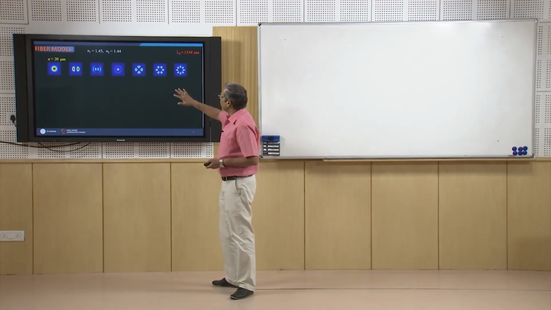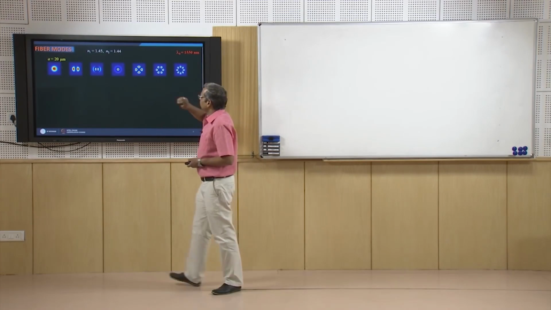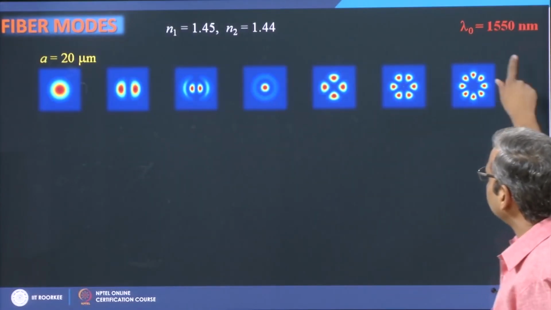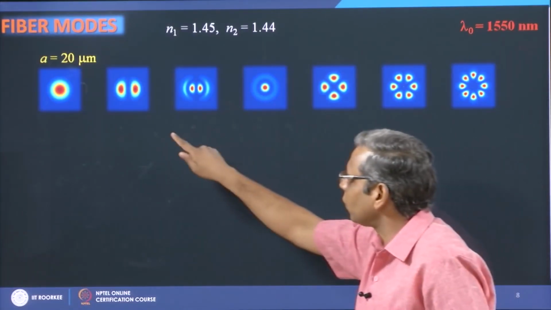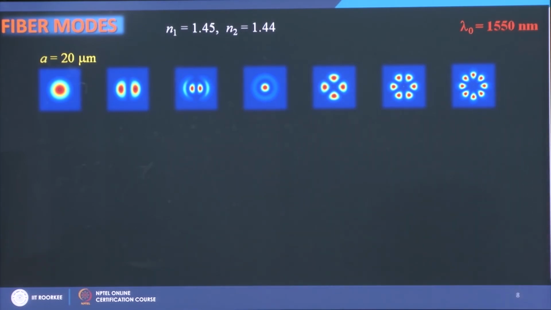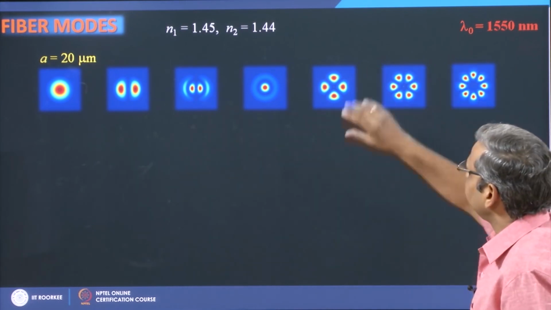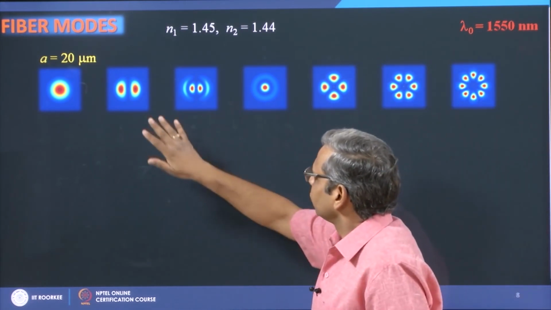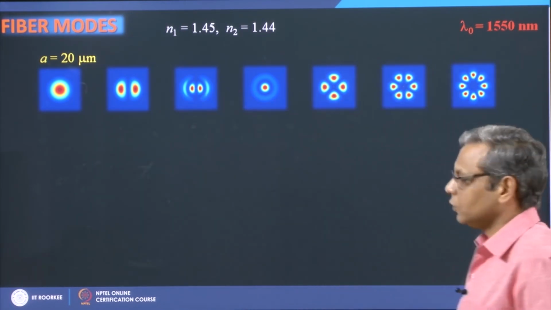But let me just give you that for this fiber at this wavelength, these are the possible intensity patterns and some of their orientations. So these have different orientations also.